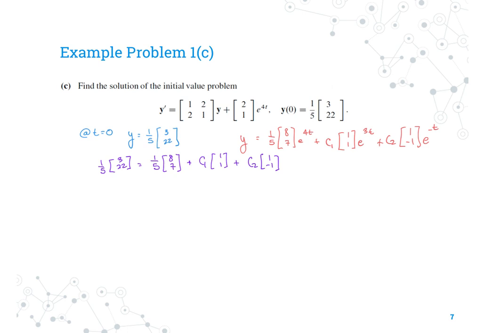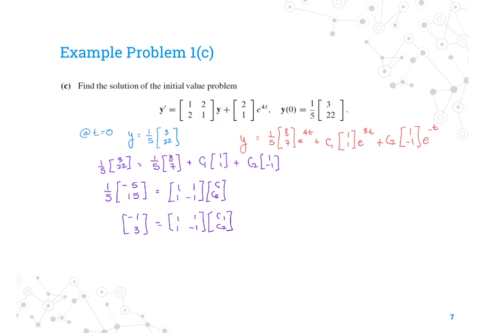So what we can do from here is a little bit of simplification. We can subtract the 1/5 times 8, 7 over to the other side. So we end up with 1/5 times, let's see, that would be negative 5, and 22 minus 7 would be 15. And it would equal, on the right-hand side, the matrix 1, 1, 1, negative 1 times C1, C2. Oops. There we go. So really what we have is negative 1, 3 equaling the matrix 1, 1, 1, negative 1